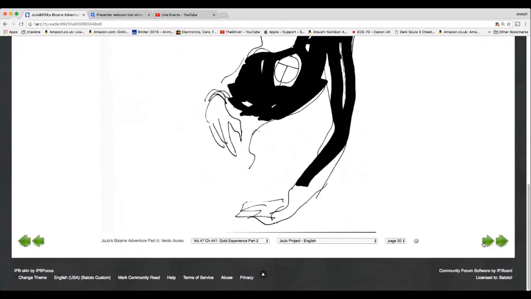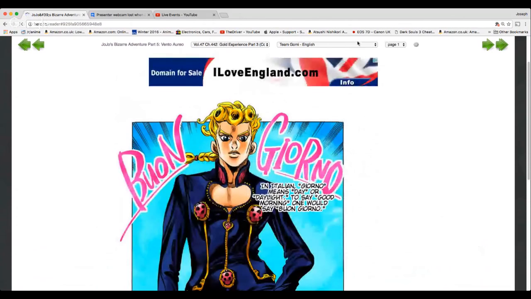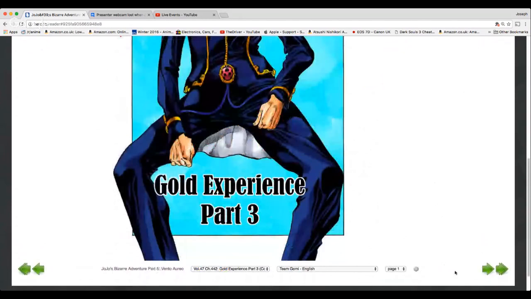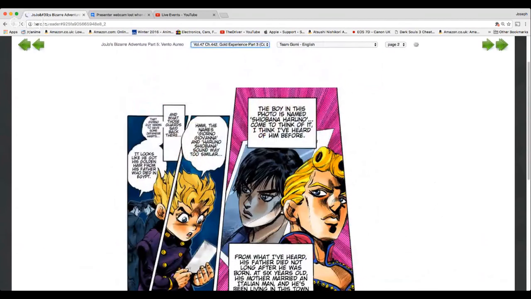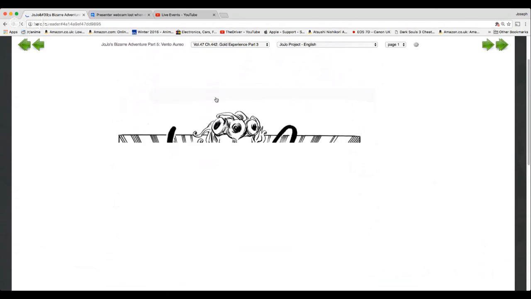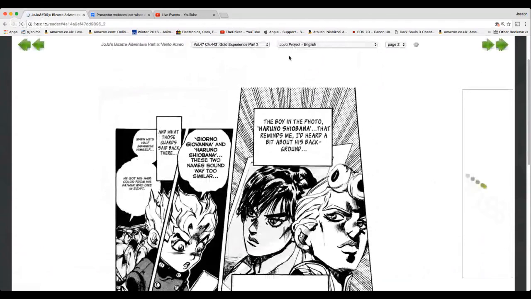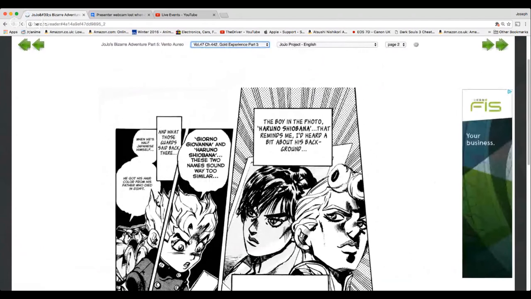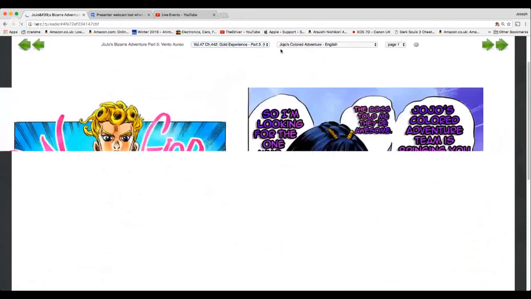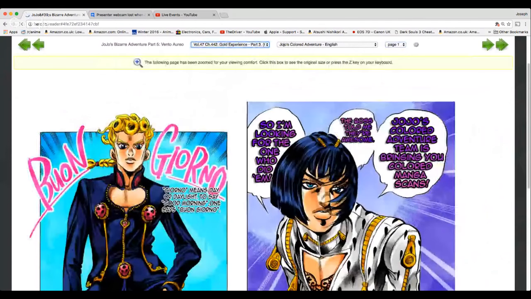Right. So that's chapter 2 done. Right. So now we're on. Okay. So wait. I wonder if Golden Spirits Part 3 might just continue the colored scans. Wait. Hold on. Wow, this gets confusing. Hold on. Oh no, the color scans continue straight on from where the other one left off. Okay, we can't change that one. The official color scans don't do it.